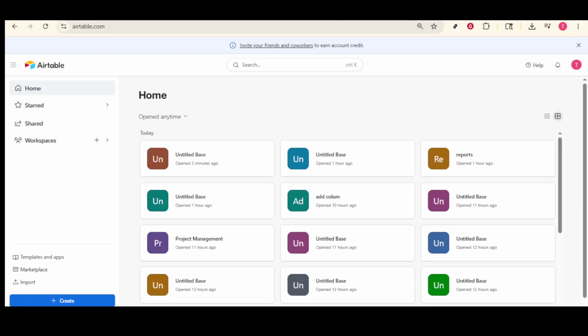In today's video, I'm going to teach you how to group records in Airtable. Whether you're organizing a project or simply need your data structured in a meaningful way, grouping records efficiently can provide valuable insights and streamline your workflow. The process is straightforward, and I'll guide you through each step, ensuring you can make the most out of your